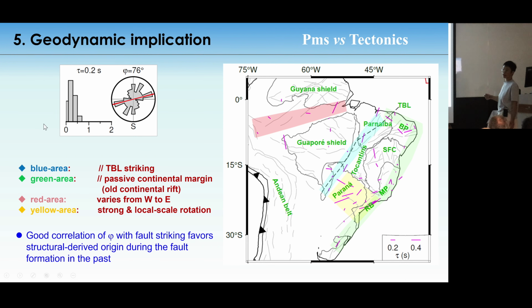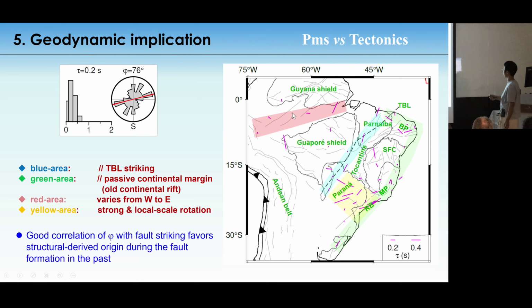Here is the statistics for all of these magenta bars, the crustal anisotropy. From this figure, we can see that phi, the fast direction, is distributed in almost all azimuths, or all directions. But there are three dominant directions. One is north-south, the other one is north-northeast, and this one is northeast-east. Now, when we take a further look